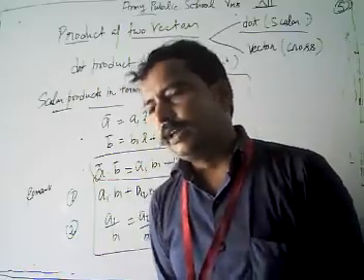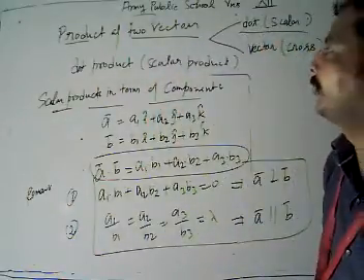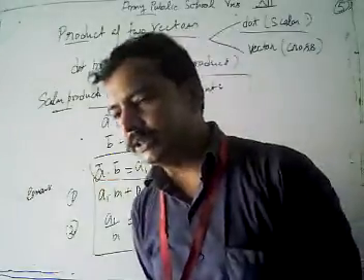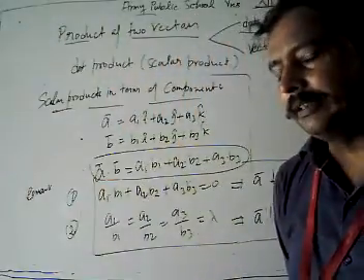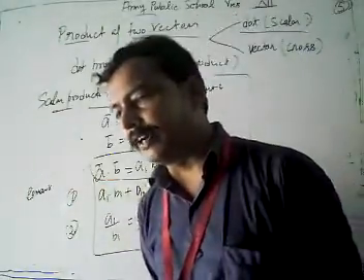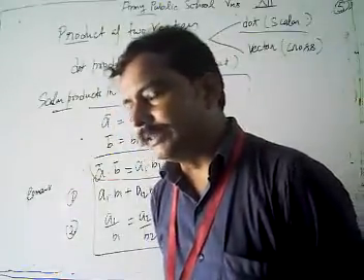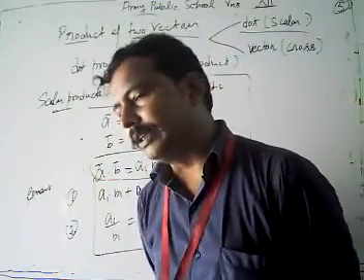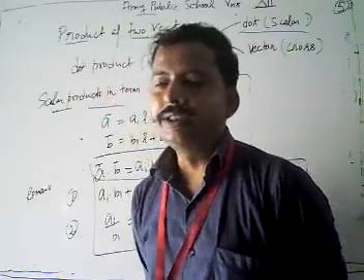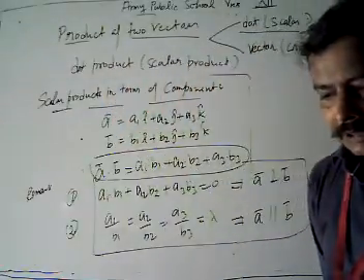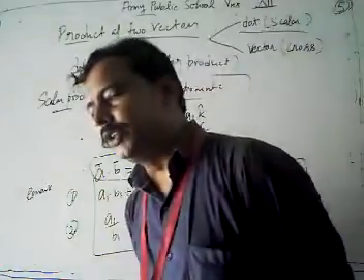Ashwin, in our last classes we have discussed the topic product of two vectors. जहाँ पे हमने स्केलर प्रोडक्ट की बात की थी वहाँ पे हमने देखा था कि हमारा स्केलर प्रोडक्ट कैसे डिफाइन होता है. Vector a dot b is given by modulus of vector a and modulus of vector b into cos theta, where theta is the angle between our two vectors, and theta lies between 0 to 180 degrees.